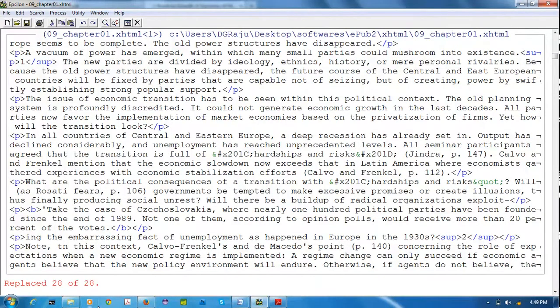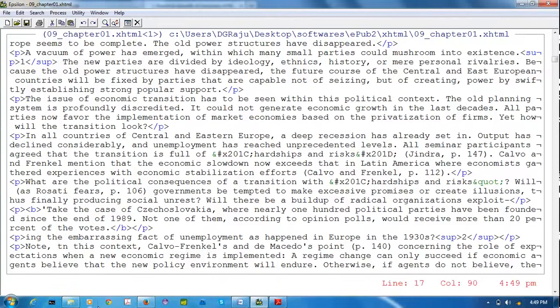That's why I'm using Shift 1. It has replaced 28, which means the remaining 2 are still there. We have to find them. So Control S, Control T. No need to use up arrow also. You can use Control S for the recently used search. Means Control S, Control T, Control S.